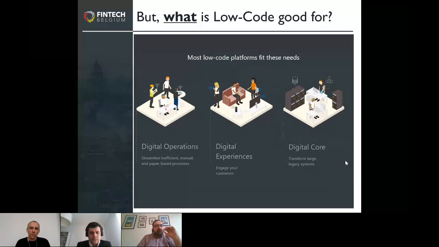Low code platforms fit these needs. Okay, so it's great news, and as you know, the content of this webinar is aimed at the financial industry. Yeah, there's lots of legacy lying around there, I would say, and an overdue need to update that with the current needs in business, and digital transformation is now being accelerated through the whole COVID crisis. Definitely. And financial institutions have traditionally been some of the organizations that have gained the most from low code. As Pedro will talk about next, you could see that it has been a big impact on the financial way of